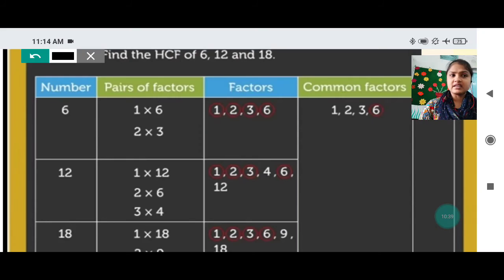How can we get the factors? I have already told you. It's very easy to get the factors, my dear. We can get the factors of any number by dividing it, and we always start dividing a number with the smallest number. Don't try to divide like, if 12 is there, 12 ones are 12, so we can divide it by 12 one time only and get the quotient as 1.